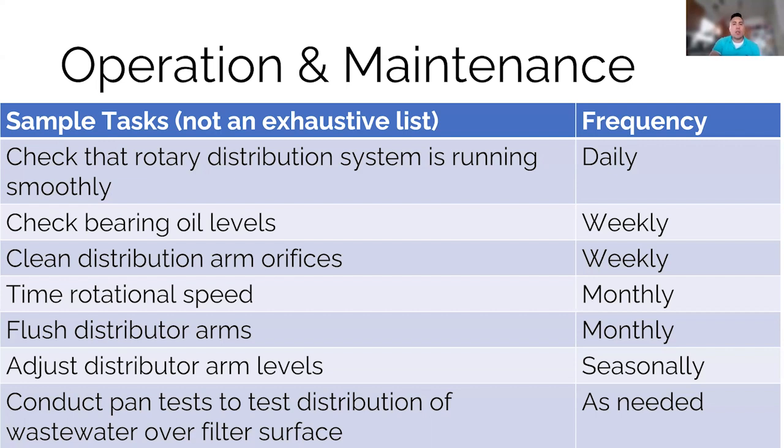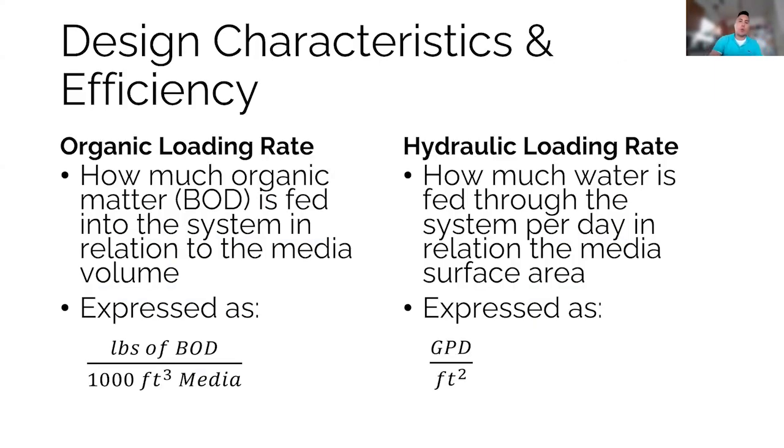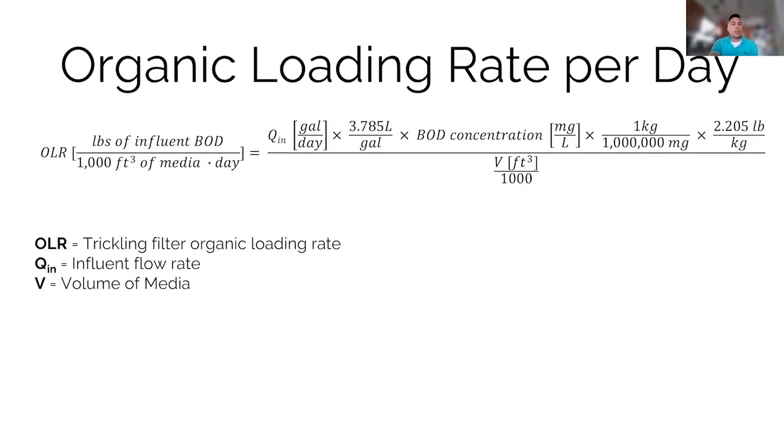So also there's a couple mathematical concepts that we like to talk about in relation to our trickling filter performance. And these are going to be based on the design, the system operation, and the control. Now, like we said, the bacteria is responsible for treatment of the organics, but to calculate how well they're doing, a lot of times you want to calculate the organic loading rate and understand if you are overloading your microorganisms. You have to balance these things to control the growth of the microorganism film. So organic loading rate is typically calculated